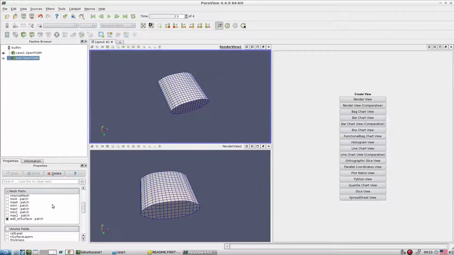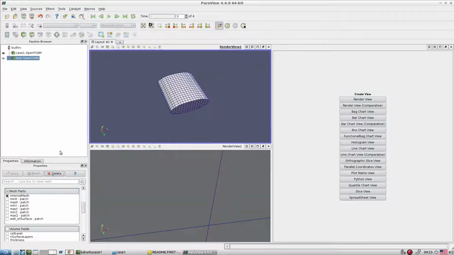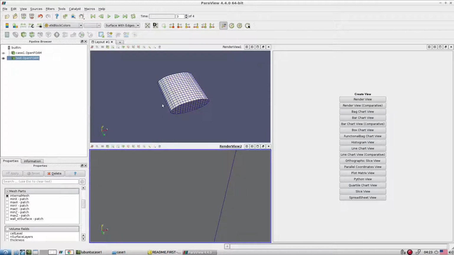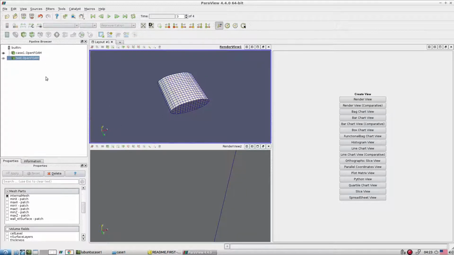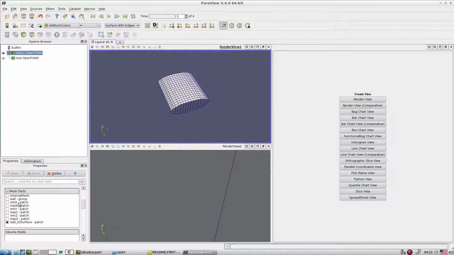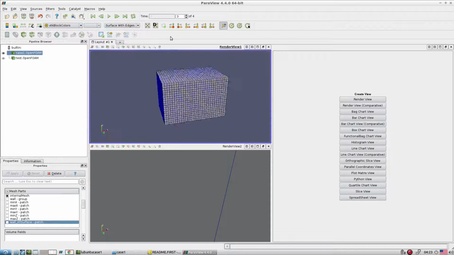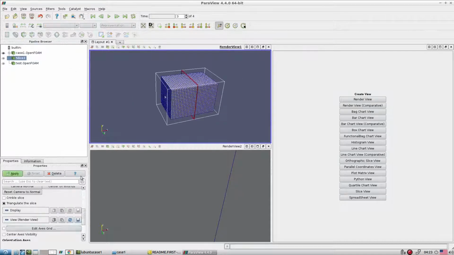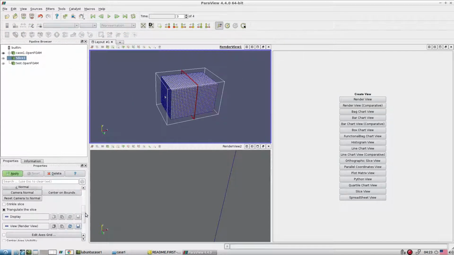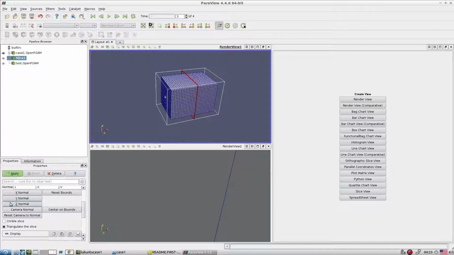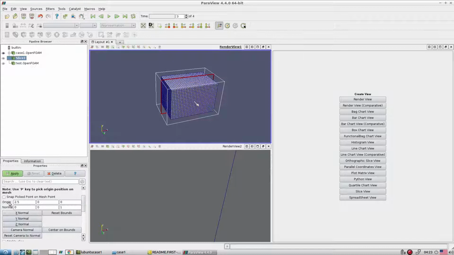So if you go back and activate the internal mesh, and then let's say we slice the plane. If we slice the plane in the Z direction, and don't triangulate the surfaces.